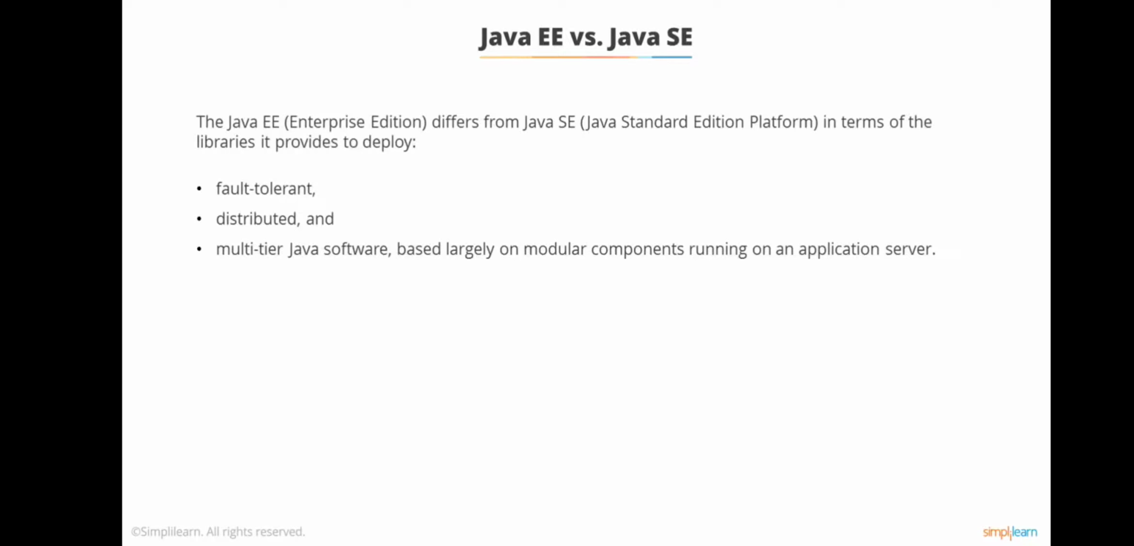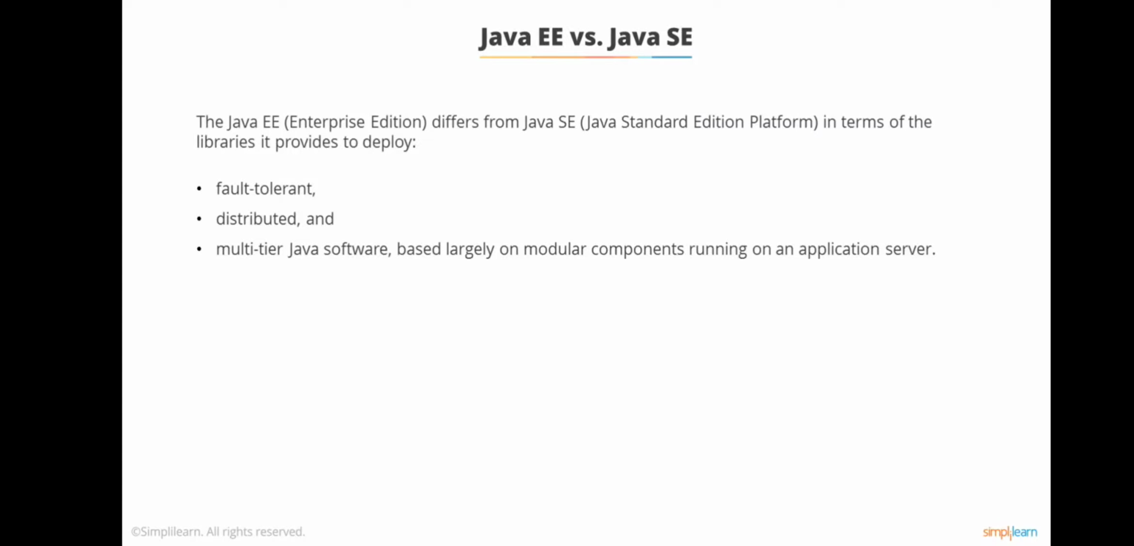It ensures that there are libraries so that you can develop distributed applications. Distributed applications would mean part of the processing being done on the client, part of the processing being done on the server, or also the processing load being distributed across multiple nodes. We have multi-tiered Java software, which is basically based on modular components running on an app server. So we can create an application server and deploy some code over there which can be commonly called from multiple